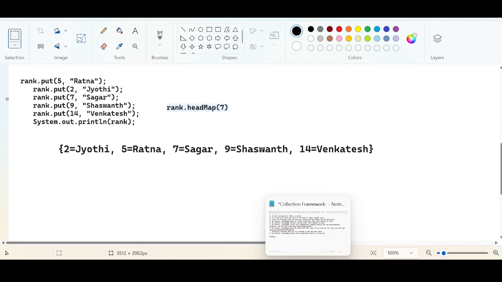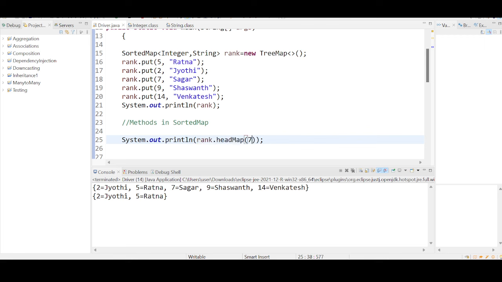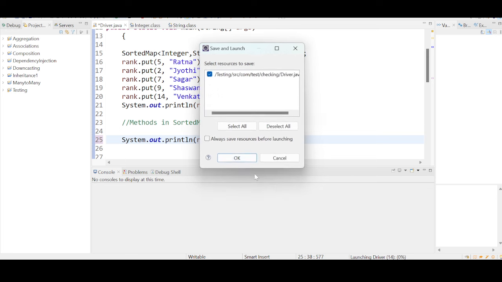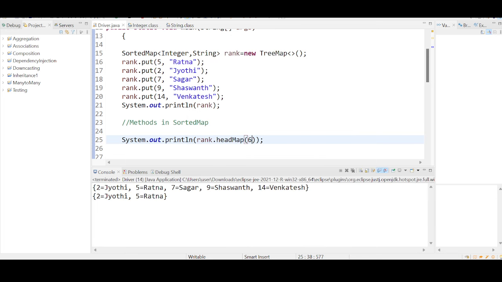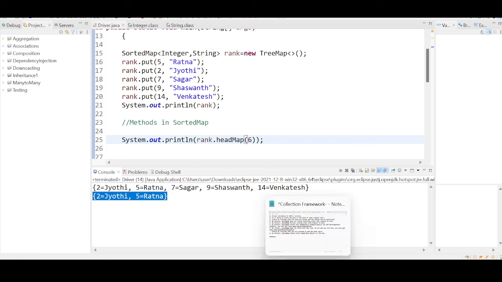Okay, so what if I pass something like 6? If 7 is there, no issues. If I'm passing 6, what is the output that we get? We are getting the same key value pair elements in the console, because first it will try to identify,